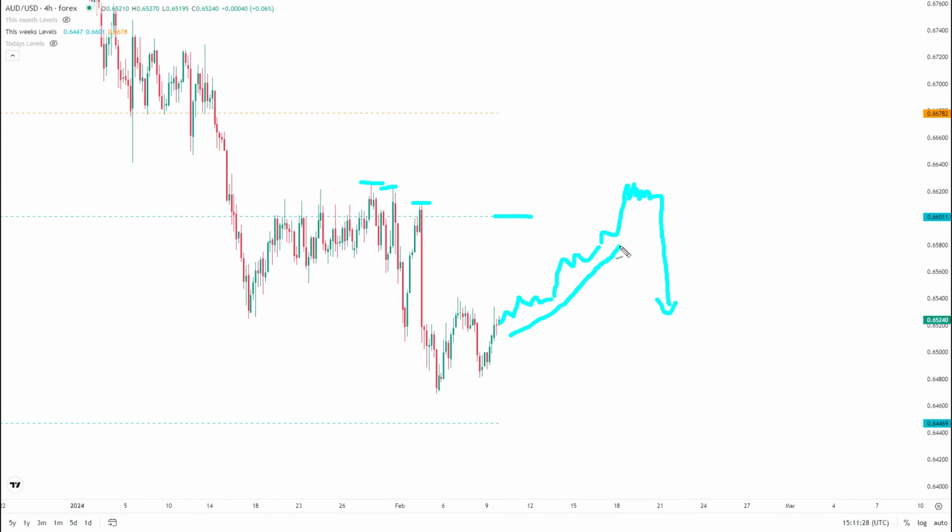Alternatively, if we get a bullish catalyst for the dollar or just a kind of nothing event and then we just start to break down anyway, that would be the opportunity, this kind of bear flag consolidation for a potential follow through trade down to the